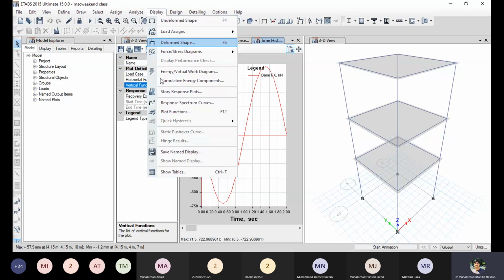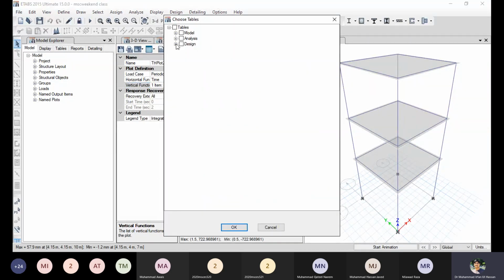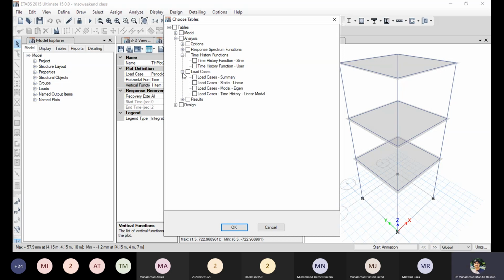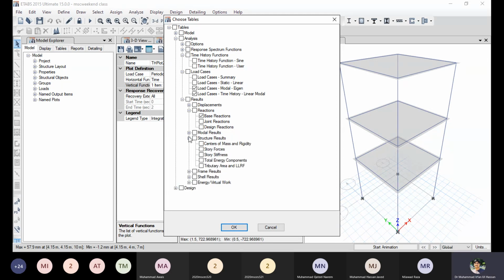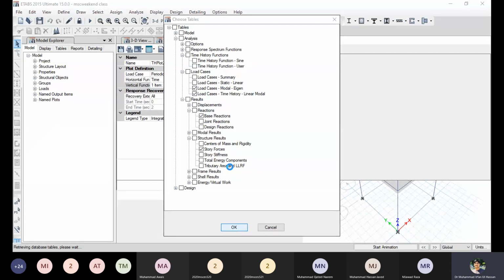And you can see the results in the tables also, in the form of table also you can see the results, analysis results, time history functions. You can select the time history function, then the load cases, you can get the results of the time history model, which result you want to see, the reactions you want to see, base reactions. So whatever the result, story forces, you can get the result and the table will be built. Different tables,